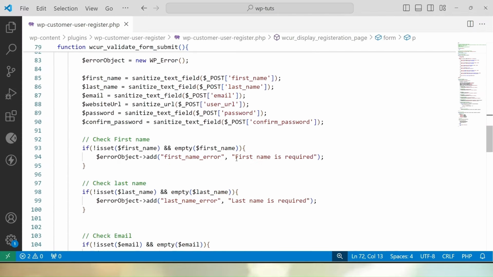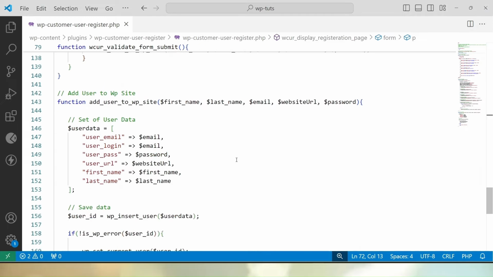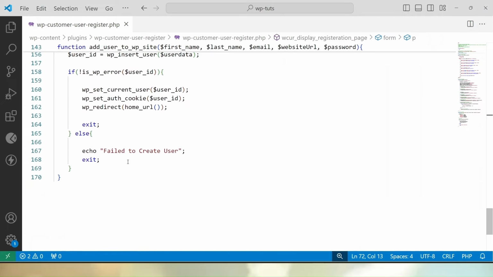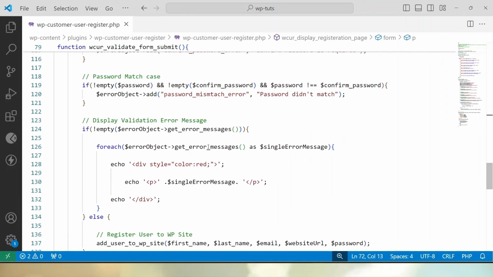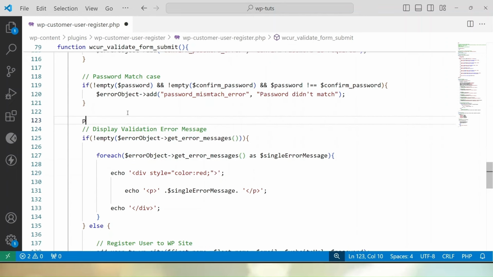And here we can see an error message: failed to create user. Why is it coming? I think this is coming from our else block, where it says failed to create user. But before going to this function, we already have this if block, and somewhere it is not working. So for the time being, let's copy this block of code, put print_r here and put a die here,